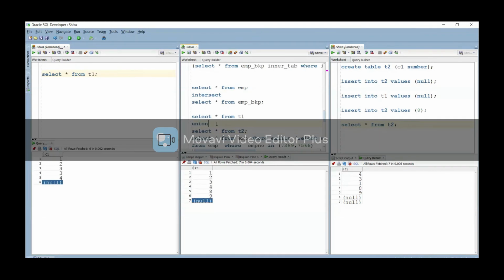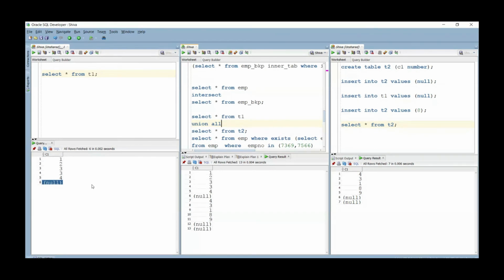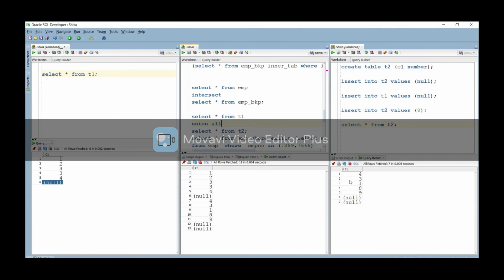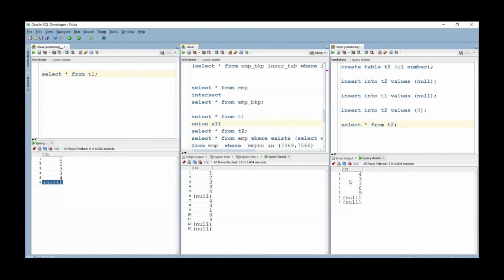Now if I use UNION ALL here, it is going to append the T1 result set with the T2 result set. It won't do anything else; the output will be in the same order: 1 2 3 3 4 5 null, then 1 2 3 3 4 null, and so on. It is just appending the output, result set 1 with result set 2, like concatenating. Earlier you were concatenating horizontally; now we are doing it vertically. Any doubt? No, right?